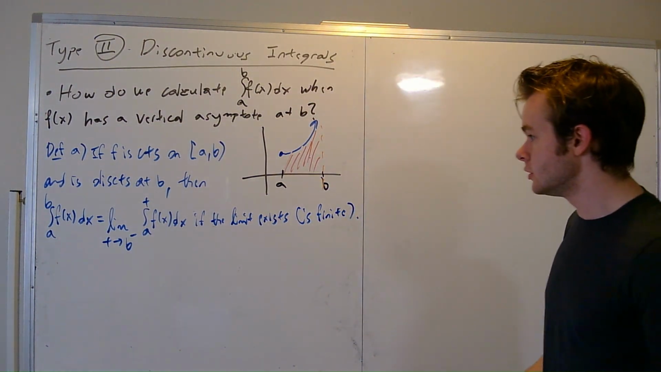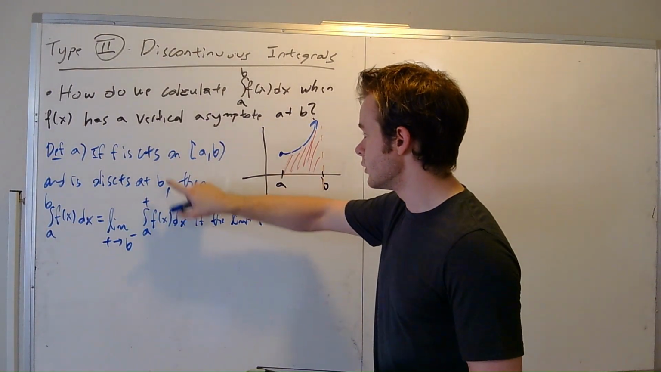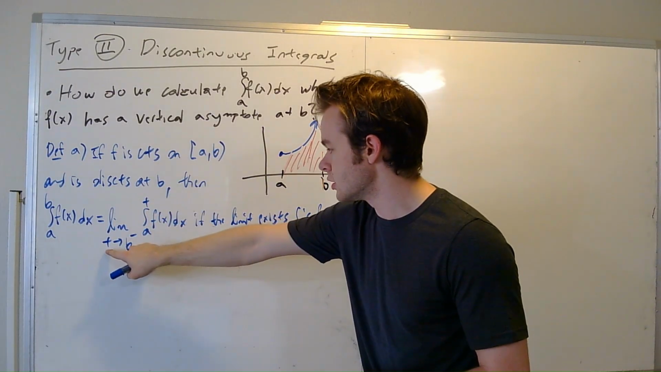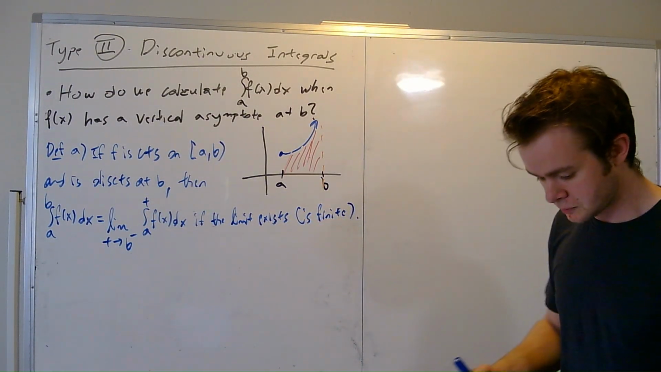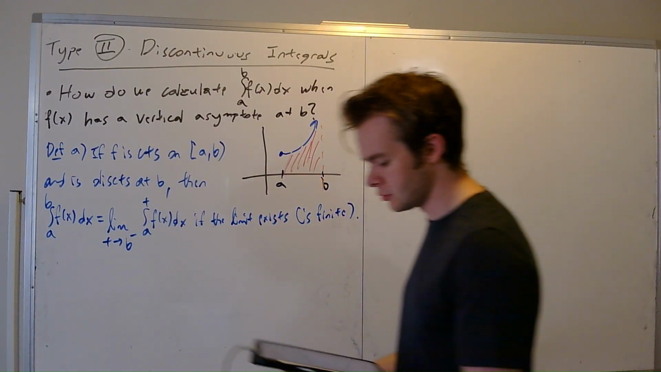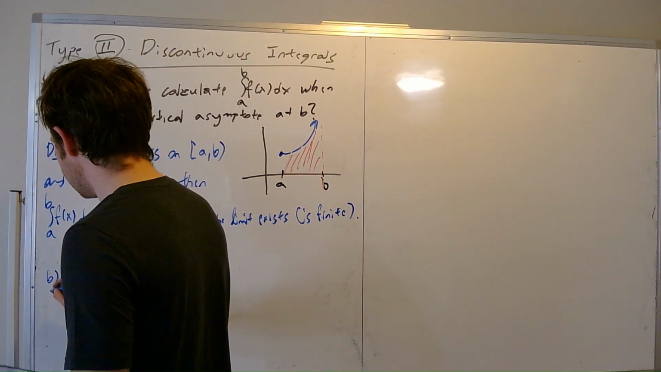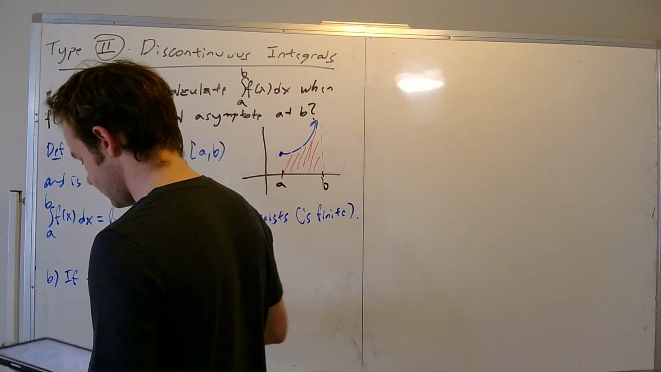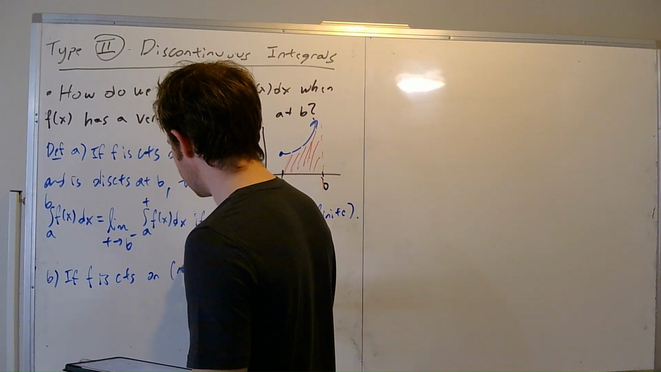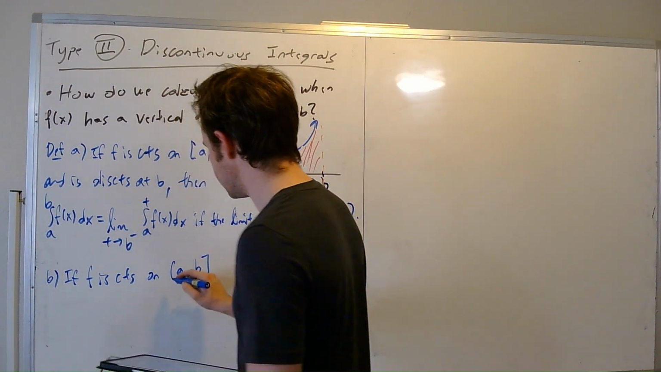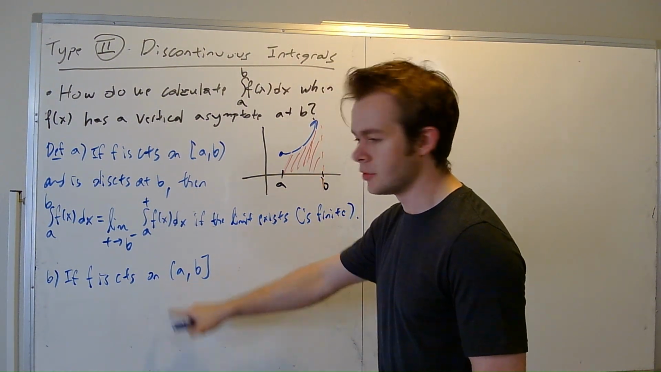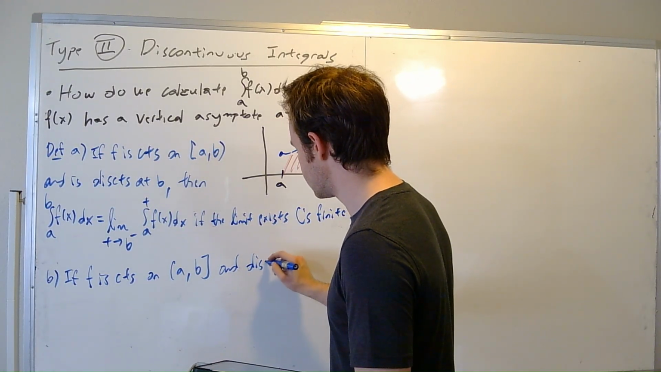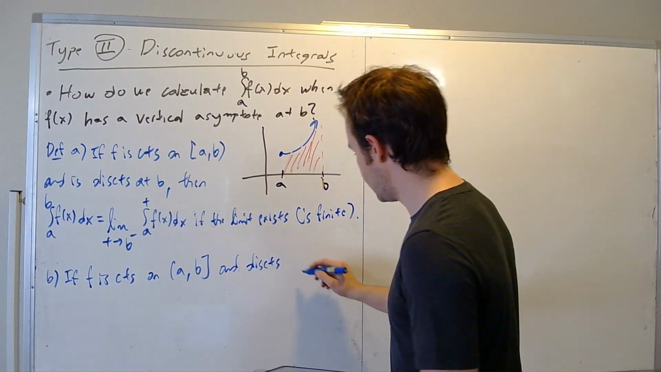Right, so our strategy is to, instead of saying that we have the integral from a to b, we're replacing that b with a t, and we're taking the limit as t goes towards b. And we're going to do the same thing from the other direction. So part b is going to say if f is continuous on the interval from a to b. Remember, this is the interval not including a, because there's a parenthesis at a, and discontinuous at a,